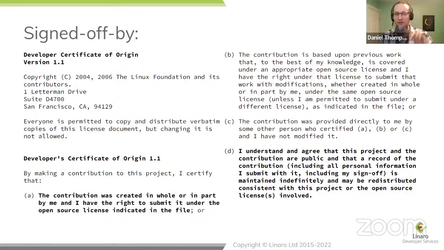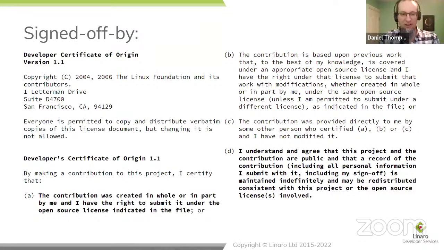That I have the right is mostly recognizing the work for hire doctrine with respect to copyright. What that means is that if you are employed and you write patches in company time or on company equipment sometimes, the company is the copyright holder of what you have produced. It is a work for hire. So even though you are the author, you probably don't own the copyright if you are working as an employee.